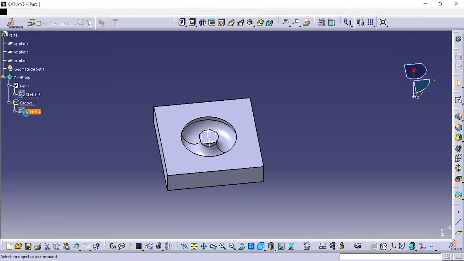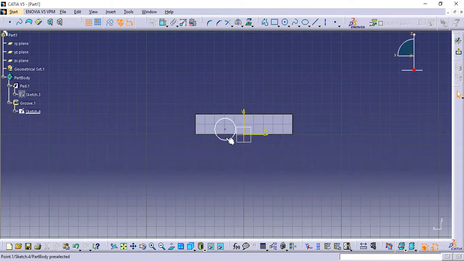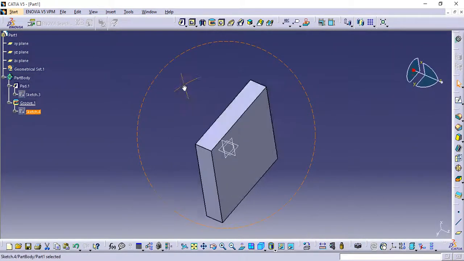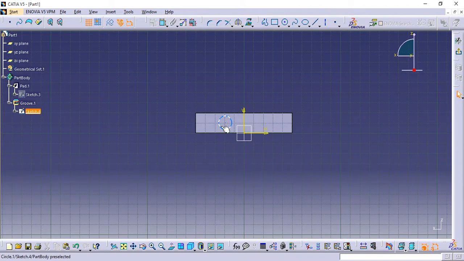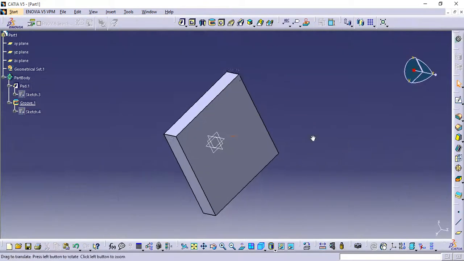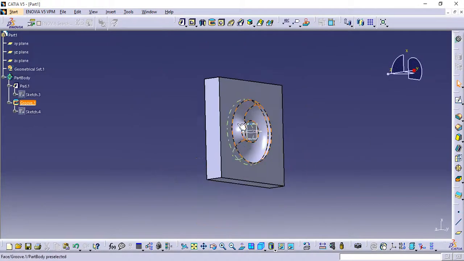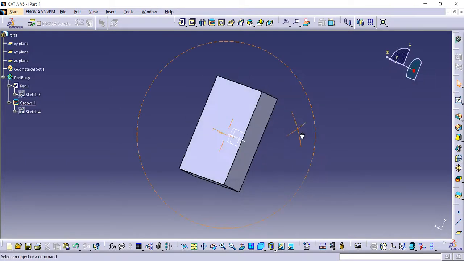Now see, if your sketch is inside of this particular rectangle, it is not visible to you, right? So to understand this concept, I am simply increasing its size and say OK. So in this way we can generate a groove. It requires a simple sketch and a simple axis or reference axis.